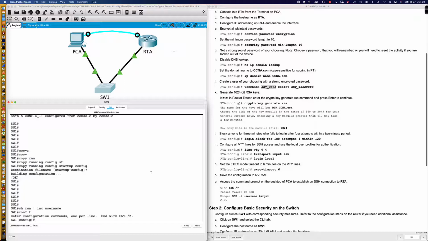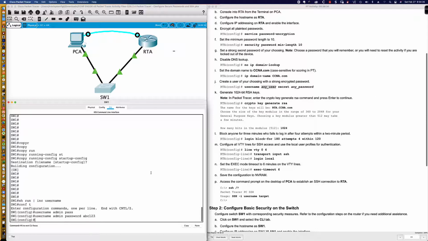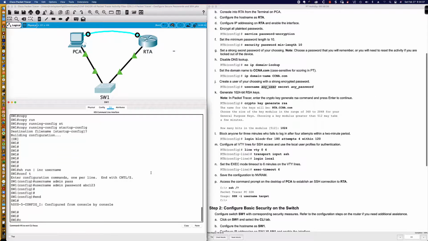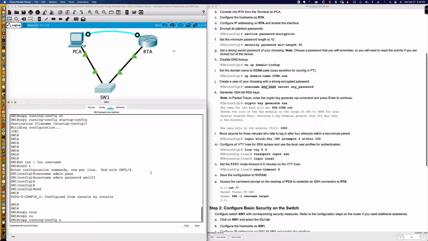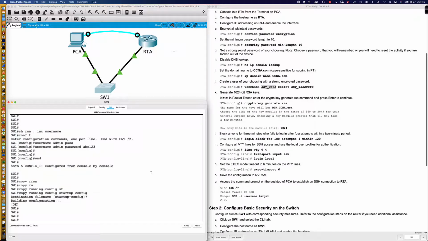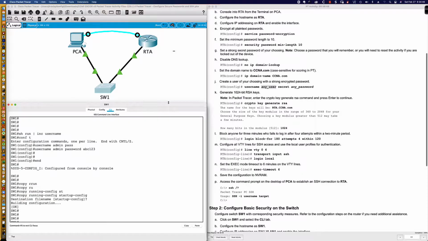totally skipped the user. All right, so username admin, and we'll just say password ABC123, and that should take us. There we go. I apologize. I must have read right by that. It's tough, looking to the left and looking to the right. All right, so we'll say copy running config, startup config, and that is going to do it for this activity, Packet Tracer